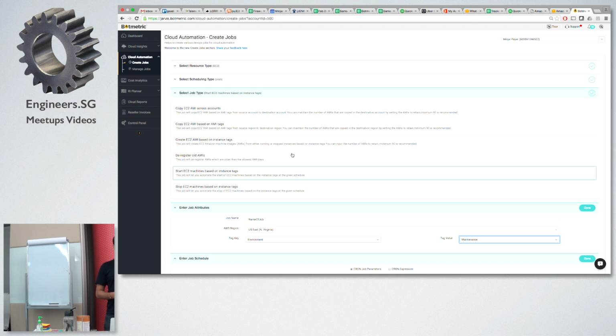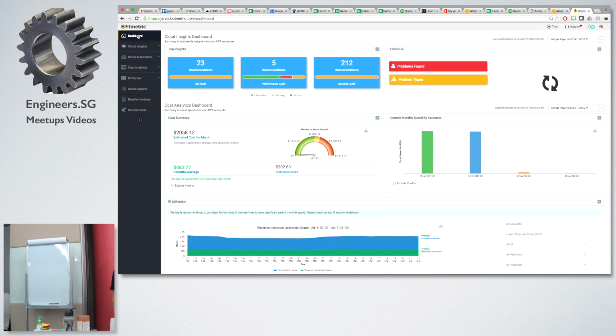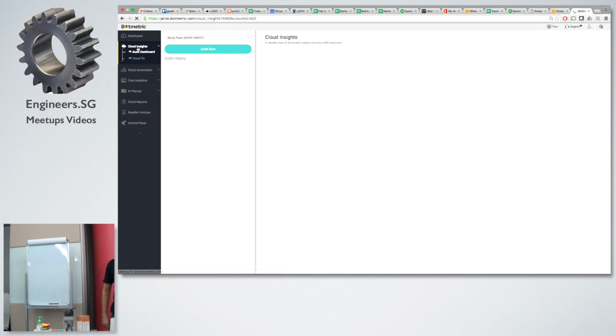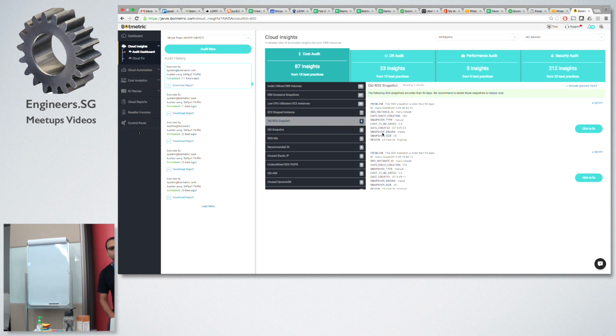Sorry, just to check, in terms of the dashboard portion, what is the difference against Trusted Advisor that is available in the AWS console now? Right, you can compare one portion of this with Trusted Advisor, where we have Cloud Insights. This particular page is where we will have some of the audit reports, which will be similar to Trusted Advisor. But this is beyond Trusted Advisor because of the click to fix option. For most of the issues, we don't only list the issue, you can actually fix the problem from there.